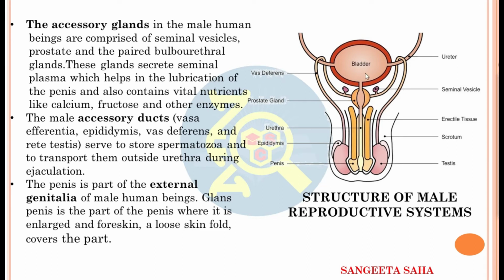Now, this whole part which I have discussed here is actually not visible in reality, because this is covered by a donut-shaped gland which is known as the prostate gland. Here, this part. If the prostate gland is removed, then only you will get to see structures like the seminal vesicles. These are all covered by the prostate gland.